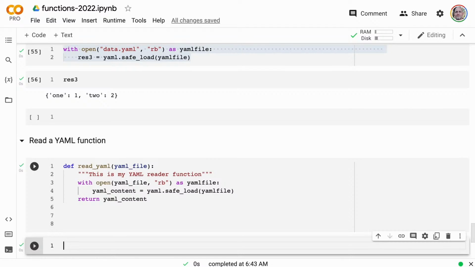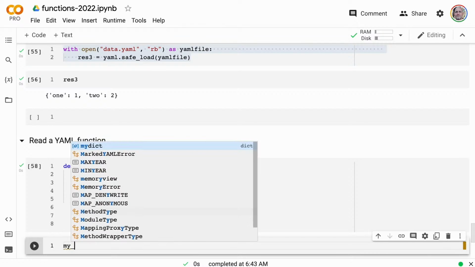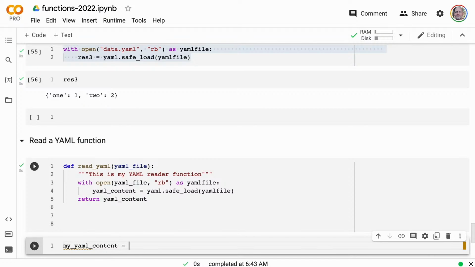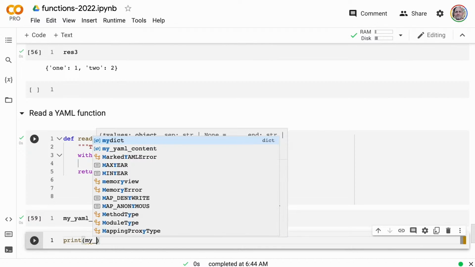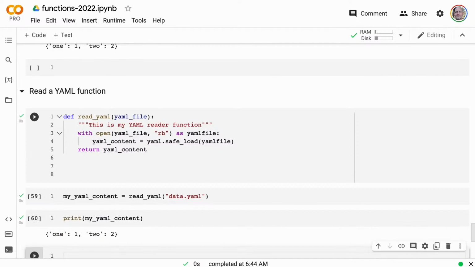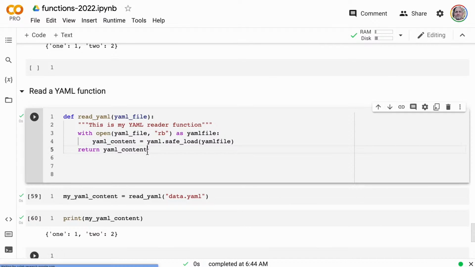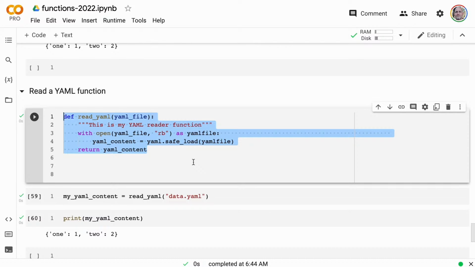There we go. And now how would I run this thing? Well, I would just go in and say my_yaml_content is equal to read_yaml, and then put in data.yaml. There we go. And now if I want to print my YAML content, there we go. Right, so this would be a nice little YAML function, and you could even, if you wanted to get fancy, add all kinds of things that we covered earlier, like decorators and closures and all kinds